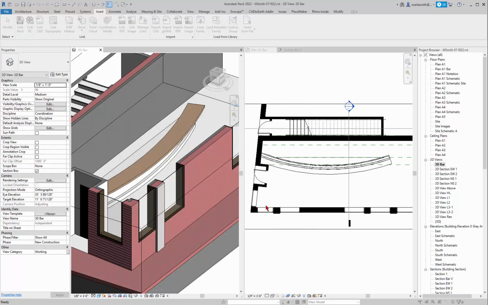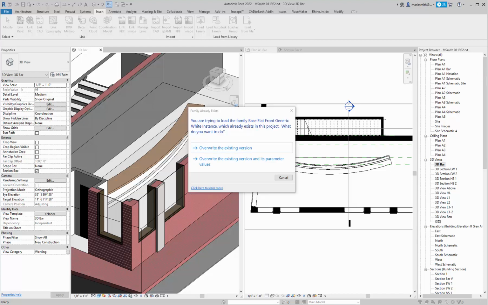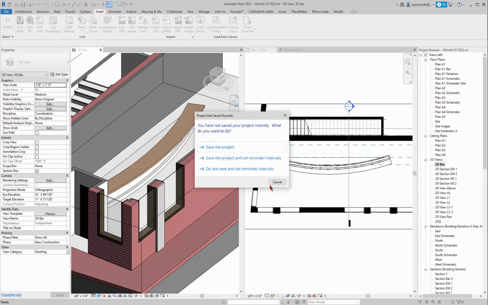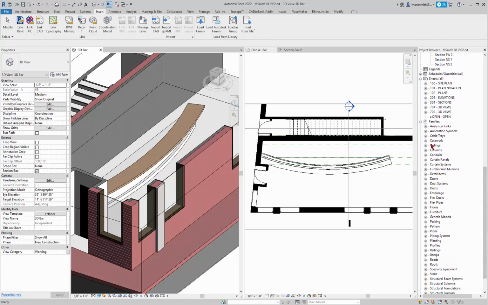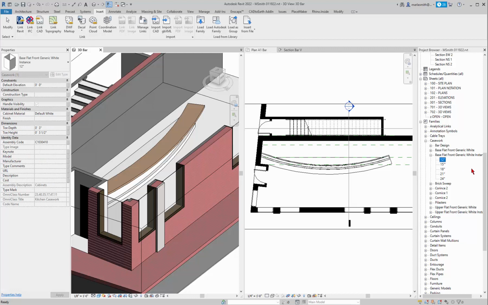And it's going to upgrade it. I made it a while ago, and so it upgrades it and brings it into the project. If you want to see it, oh, it's already here, but oh, look at that, I already had it here. Good for me. So I'll overwrite the existing version. And if you want to see where this guy comes in under the casework, you'll have the base flat front generic white instance, and the 12-inch here is what we want to use because we want it to be 12 inches deep. And all you need to do is either come over to your families and drag it in, or